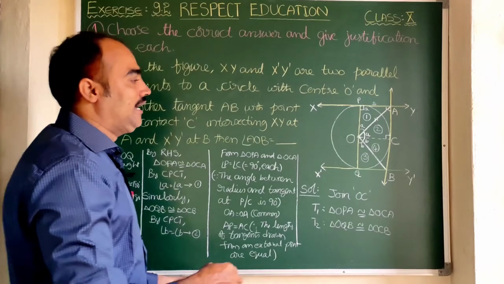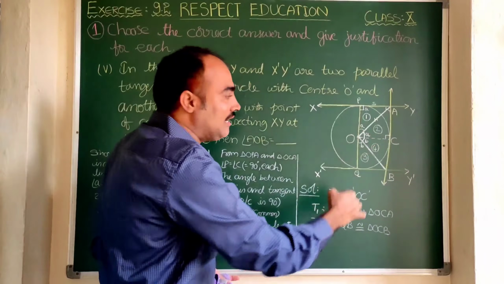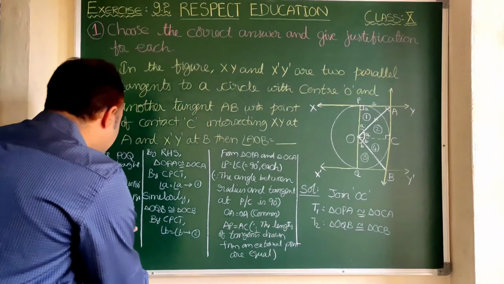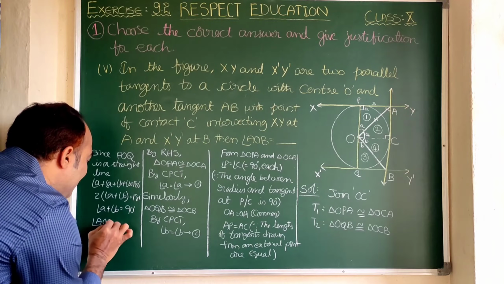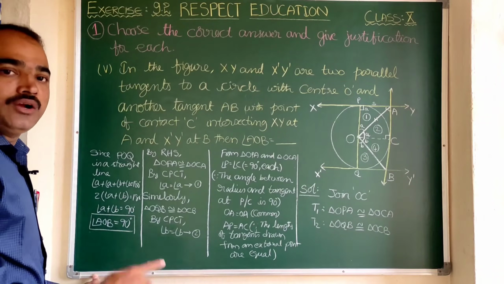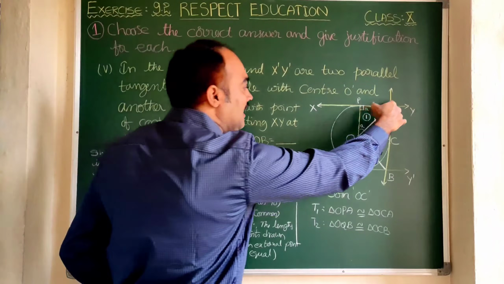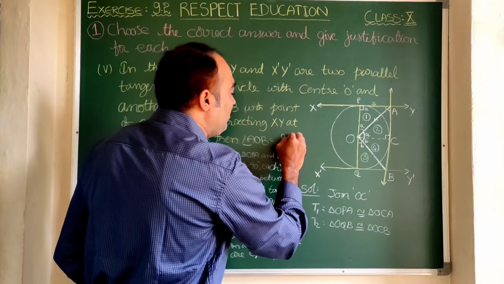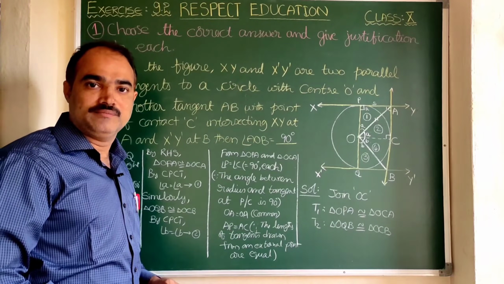From the figure you observe carefully, what is angle A plus B? Nothing but angle AOB. Clear? What is angle A plus angle B? It is nothing but angle AOB. So here let us write, in place of angle A plus angle B, I replace this with angle AOB is equal to 90 degrees. Now here let us see the question. Then angle AOB is dash. Clearly angle AOB is nothing but A plus B, nothing but 90. Therefore angle AOB is equal to 90 degrees. With this, the fifth bit gets completed.